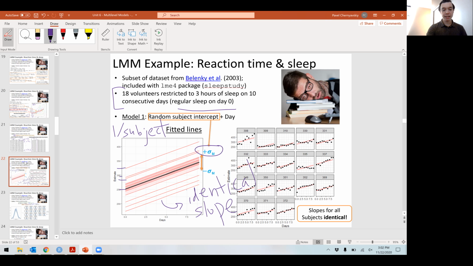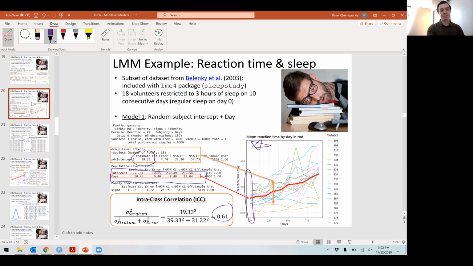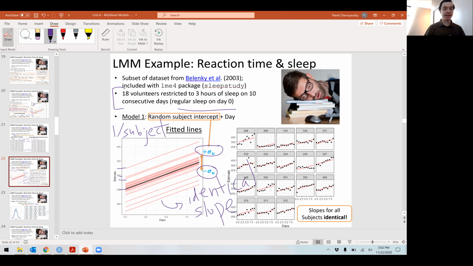And so this between subject standard deviation basically says, well, you apply the normal rule of thumb. You say 68% of my subjects are going to be within 1 standard deviation, right? And 95% are going to be within 2 standard deviations. So you're saying with these estimates, I'm going to round that up to 40. You're saying 95% of the population is going to be within 40 milliseconds of 251. So that gives us a sense for the uncertainty in the population,